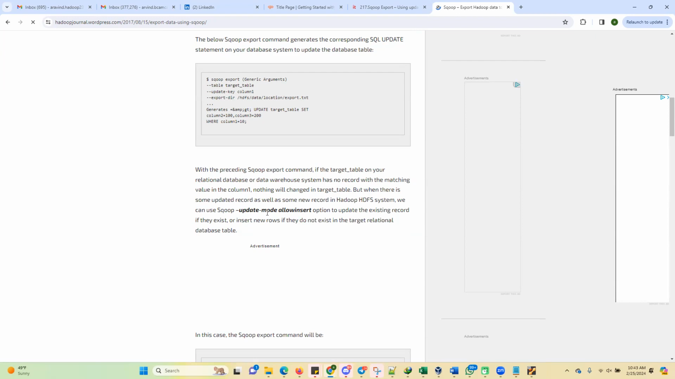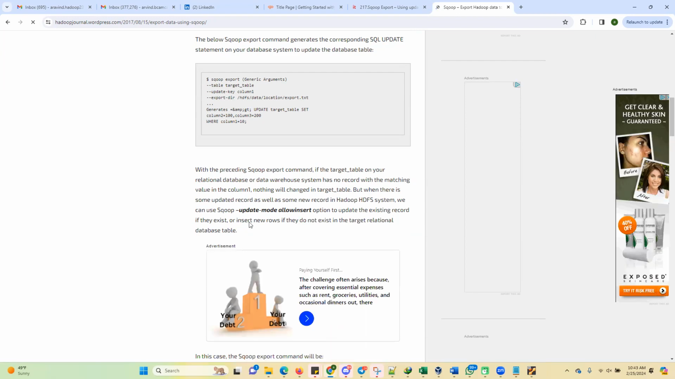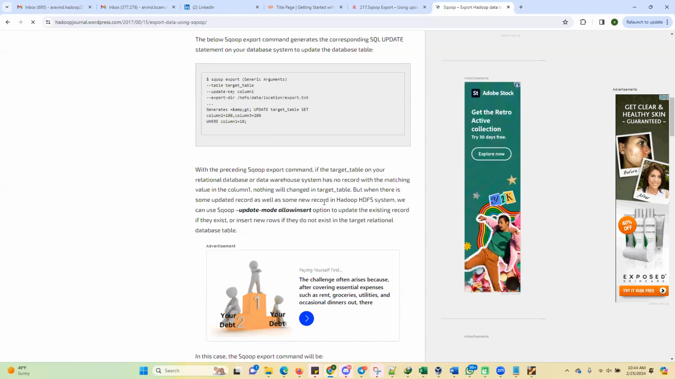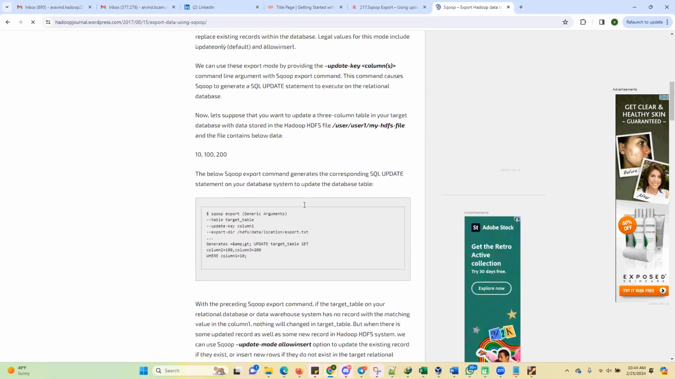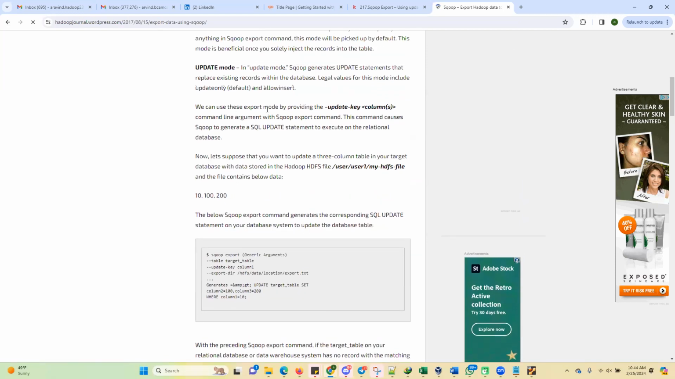So we can use update mode with the allow insert option to update the existing record if it exists, or insert a new row if it doesn't exist in the target relational table. And for the update key, we can use this export mode by providing the update key command line argument. This command